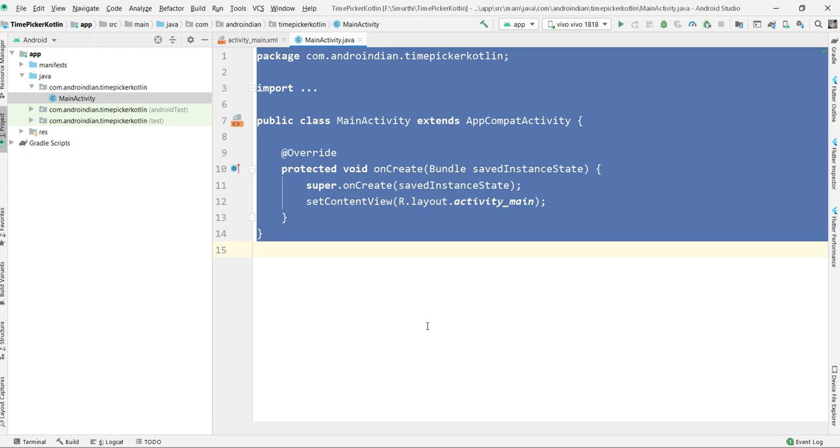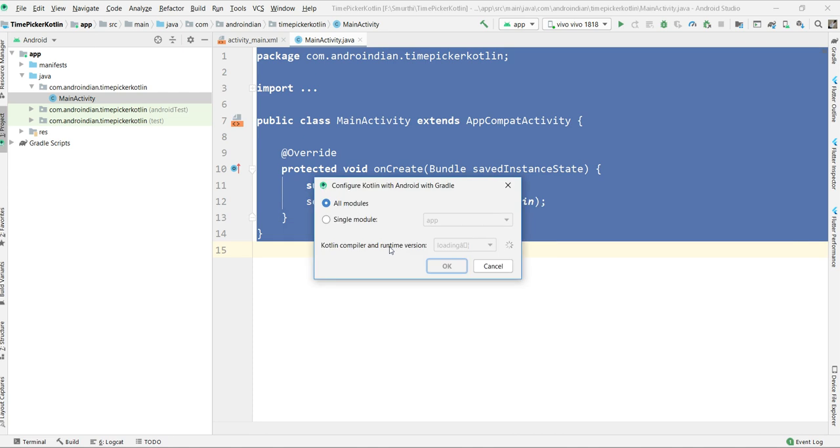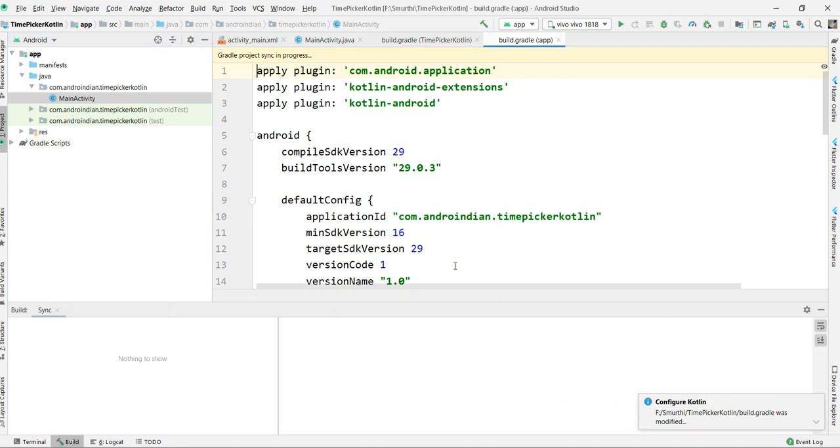Whenever you want to convert a file into Kotlin, just select it, then press Control Shift Alt K. It can convert the Java file into Kotlin automatically. Control Shift Alt K to convert Java file into Kotlin file.